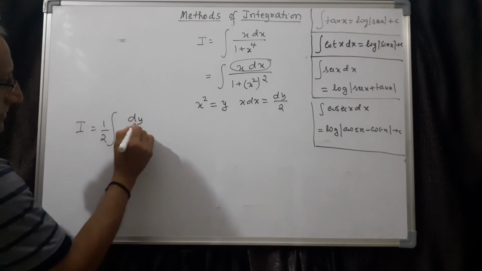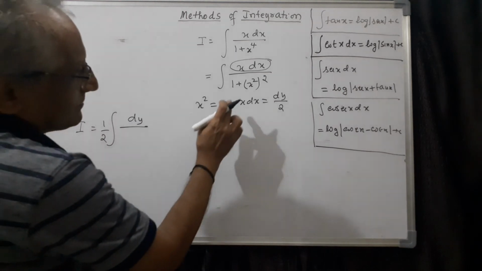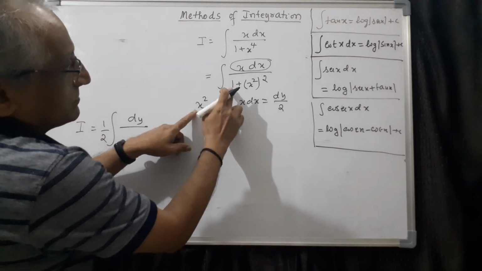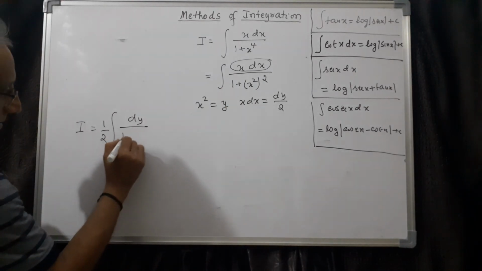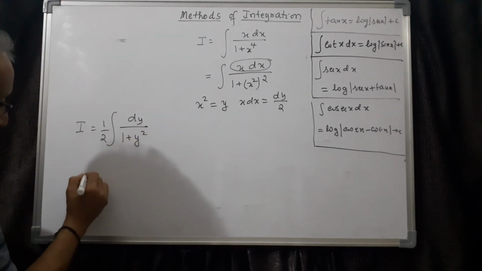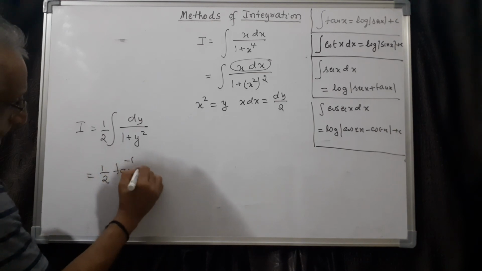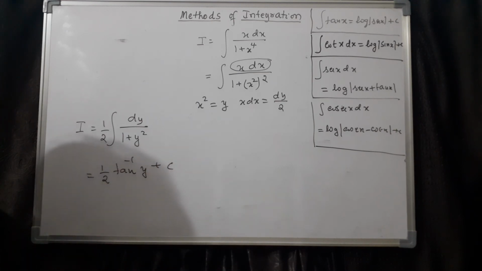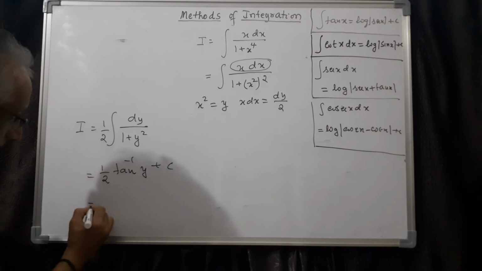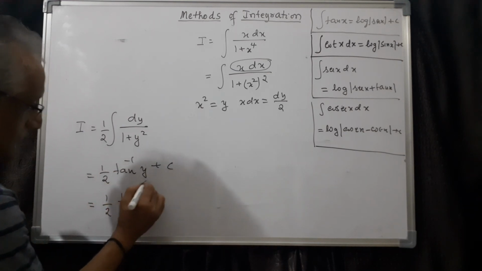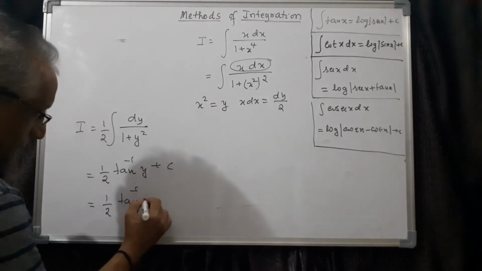Then what we are substituting is x square equal to y, so this becomes 1 plus y square. And this is 1 by 2 tan inverse y plus c. What is y? We have to substitute. Therefore, it is 1 by 2 tan inverse x square